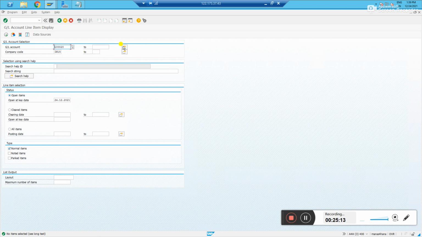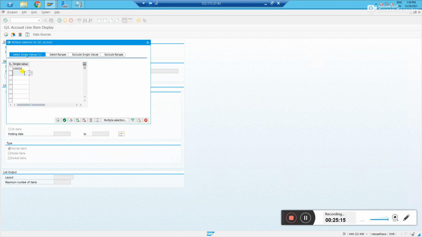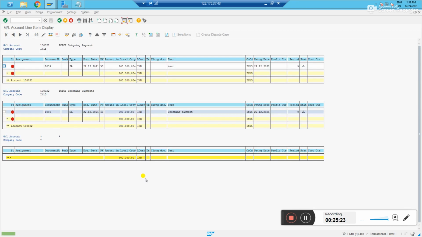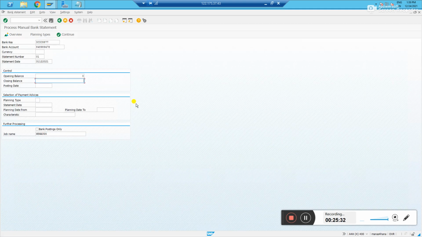But after doing a reconciliation, what am I supposed to get my closing balance? I supposed to get a 4 lakhs, right? If you select three of the GL accounts, okay, see what is my closing balance supposed to come? 4 lakhs should come into my main GL account, 1,20,000, and this two GL accounts should get cleared. Okay, so let me update 4 lakhs would be my closing balance. Posting date also the same. Okay, done. Just press enter.